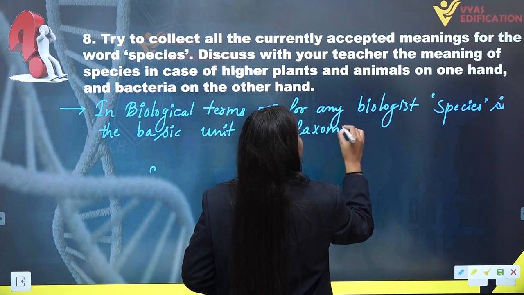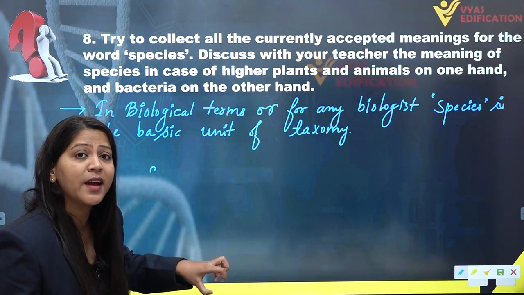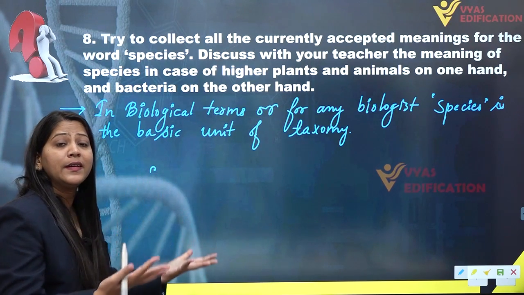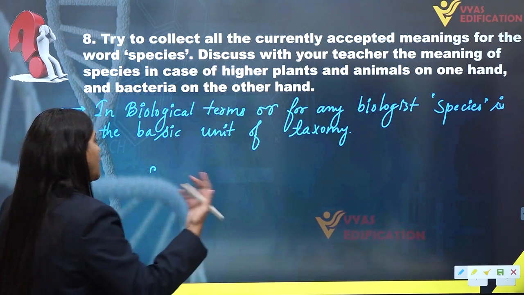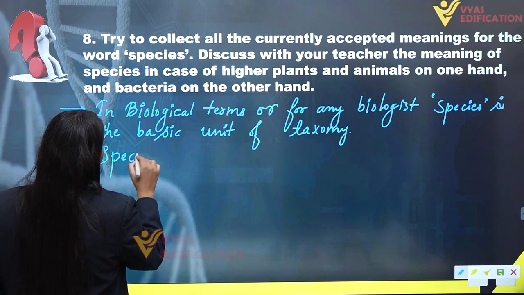All right. Now, the most important thing about this answer is we need to know what is actually species, what is the clear-cut definition of species. So, here we are writing the correct definition of species, that species